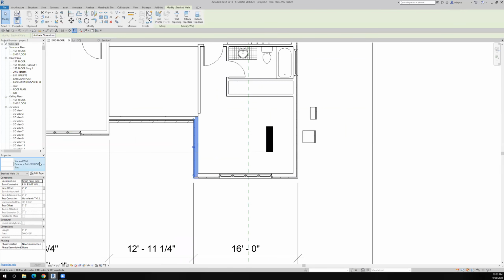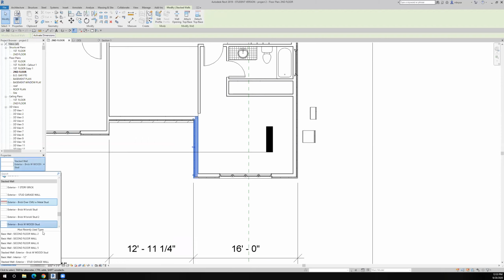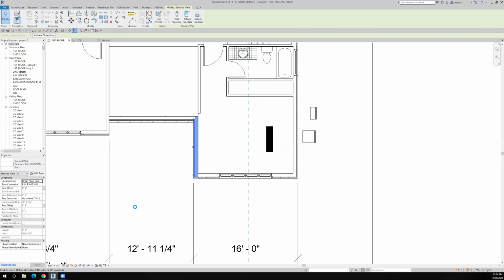And then I will change this to my, it's a stacked wall. And brick with wood stud 2. Okay. I'm going to make that guy